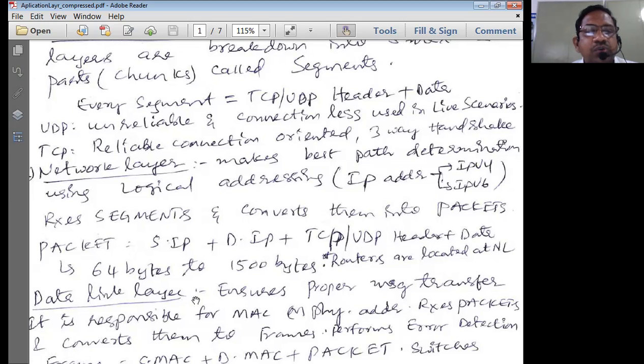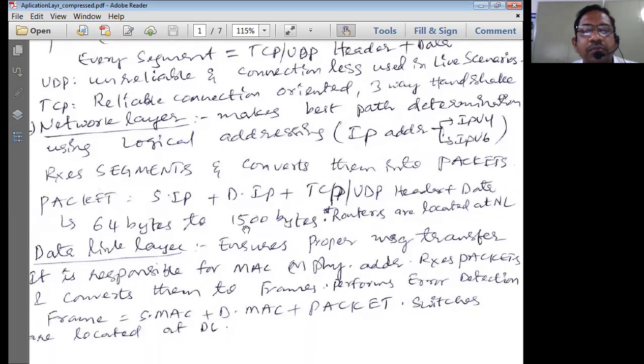A packet usually comprises 64 bytes to 1500 bytes. That means it all depends on the type of application you're dealing with. A packet will have a minimum of 64 bytes. Now, most importantly, routers are located at the network layer. That means routers are going to process the network layer.